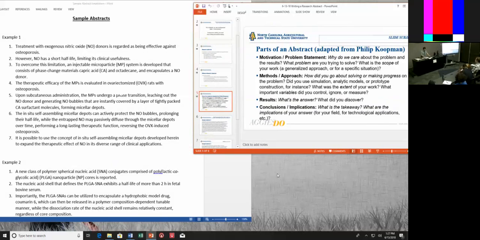So they say, "to overcome this," and notice, it's very simple, but it really makes a difference. Just by using that phrase, "to overcome this limitation," you know exactly what they're going to say. Whatever it is that they've done, you know that their method is one way to overcome the problem mentioned in the previous sentence. So again, just look at the way that a simple transitional word, "however," or a simple phrase, "to overcome this limitation," sets up the logic of the sentence so clearly.